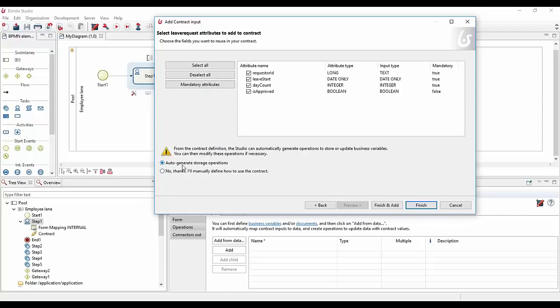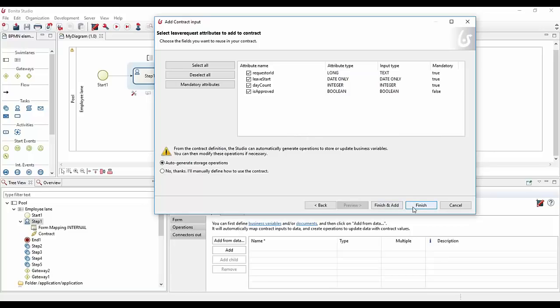So we provide auto-generated storage operations in order to make sure that you don't have to do that manually. This is maybe not that useful when you have a few attributes, but when you have 10 attributes, it's really interesting to have everything in line, especially with the input type and so on. It makes things much easier.